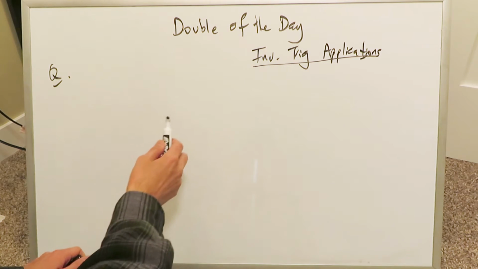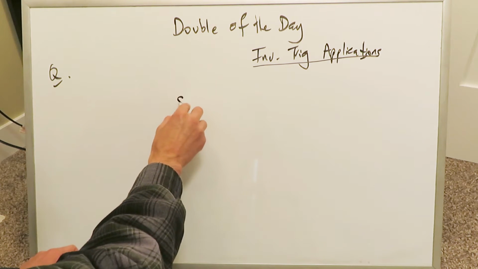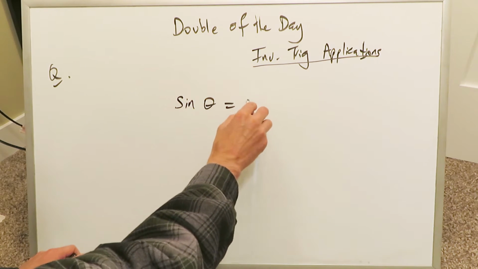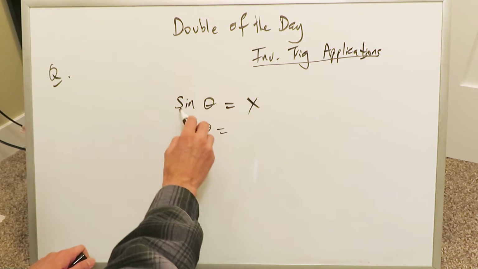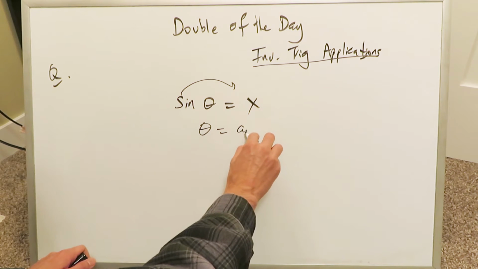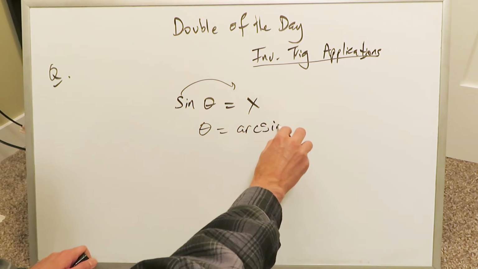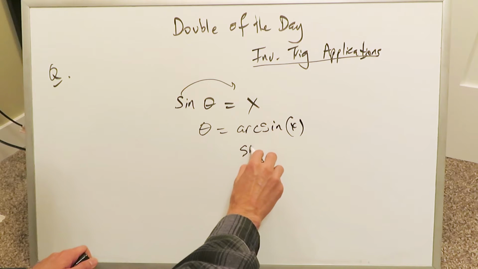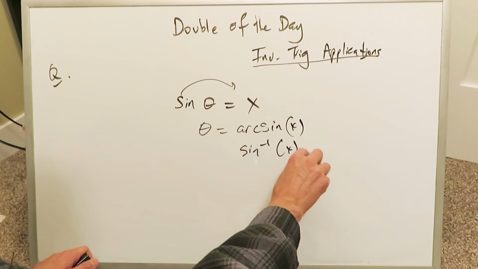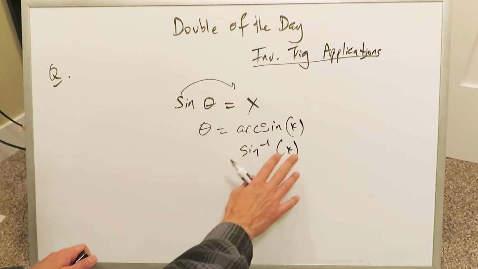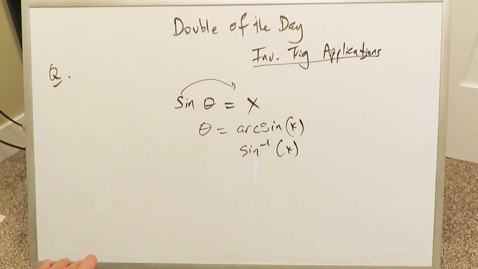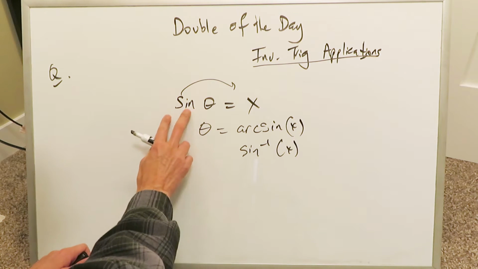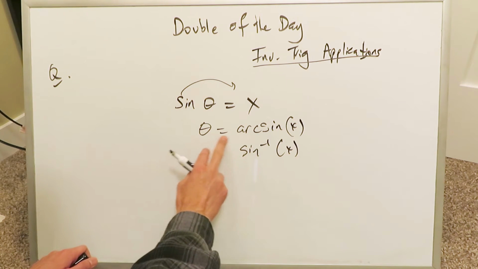The type of questions we're looking at are these. If you have, supposedly, hypothetically, sine theta is equal to some value and that value is equal to x, you solve for this expression in terms of theta. You take the sine on the other side and you generate an inverse sine or an arc sine x. You can write the same thing as sine minus 1 x, arc sin or inverse sine x. All you've done is make an inverse trigonometric function over here of something which was not an inverse. It was a regular sine, but you took it on the other side, you solved for theta, and you generated